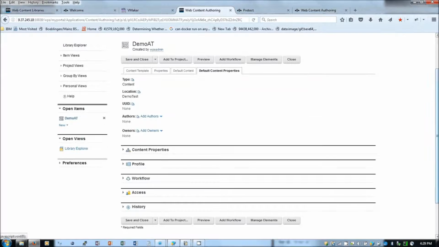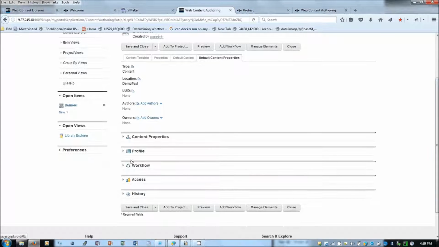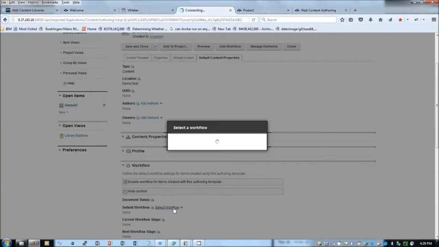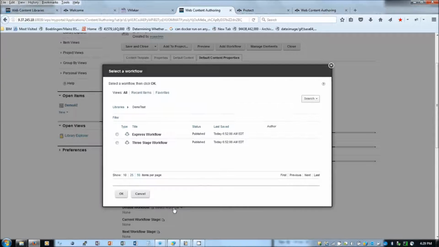Under default content properties, you can select a workflow. I am selecting the workflow as a 3-stage workflow. When I was creating a library, I have selected some default content. So the express workflow and 3-stage workflow was included. Those are the default workflows that got included in the library when I was creating the library.